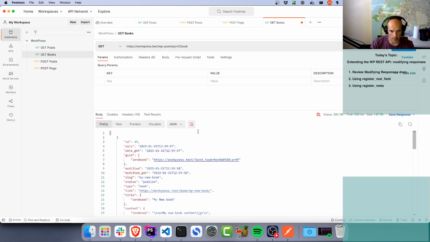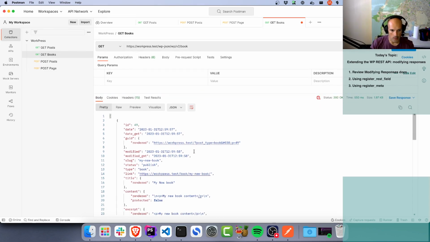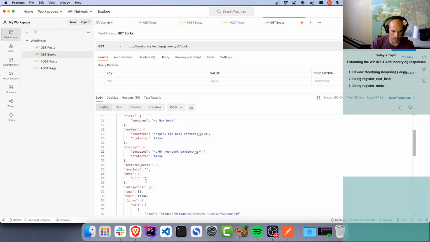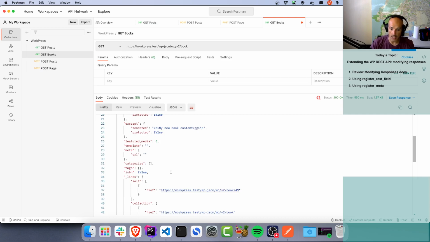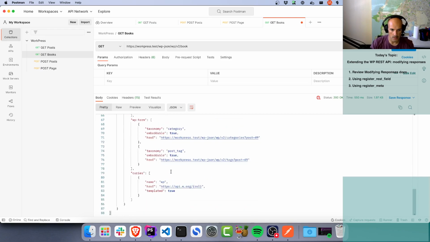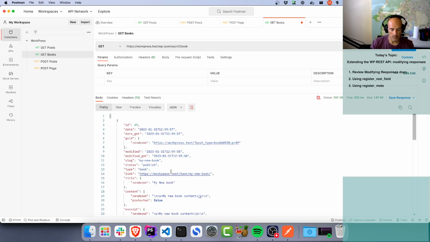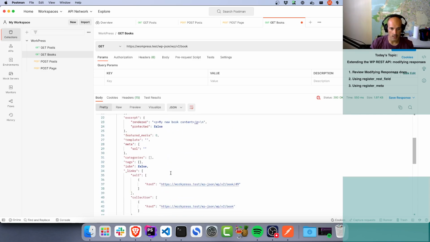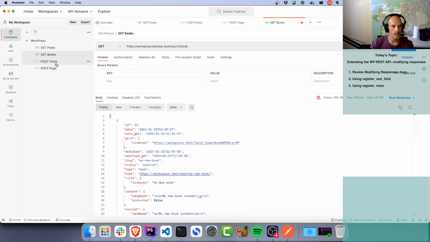Okay, so here's my first book. It has a URL in the meta. Perfect. It doesn't have an ISBN because I haven't saved an ISBN on it yet. So that's right. So even though it's storing it as meta, I'm actually returning it as a top level field. So now if I